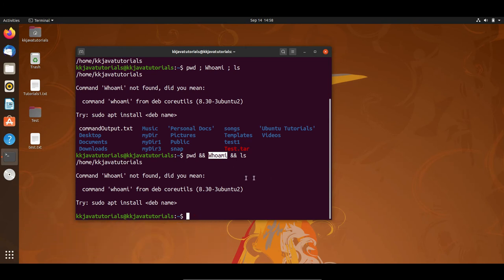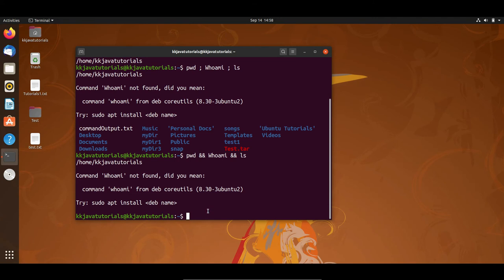So in logical AND, all the combined conditions should be true, and that's how it works. So we have a logical AND, then this condition will be checked first. After that, if this is false, then the next condition is not going to be checked. So it works something like that.